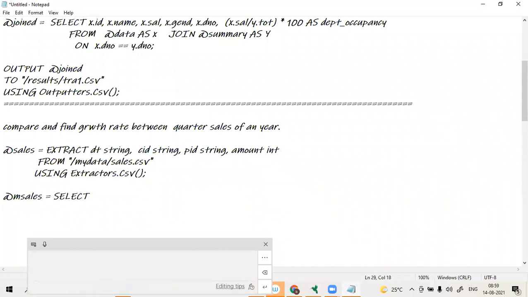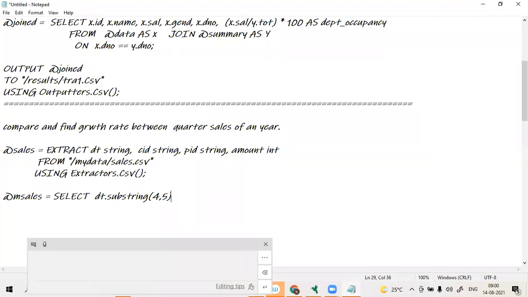Select. For now, I am not using any date functions. D2.Substring. What is the position? First two characters of the date are the day. Fourth position, fourth and 2. Let's say fourth and 2. Yes, 4, 5.